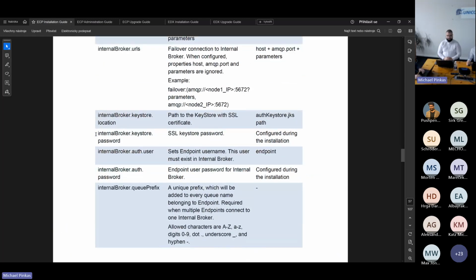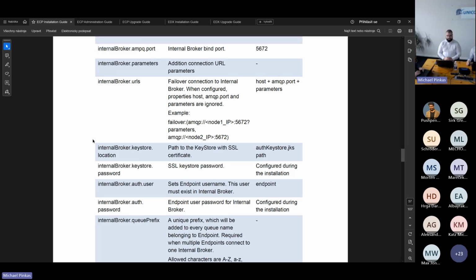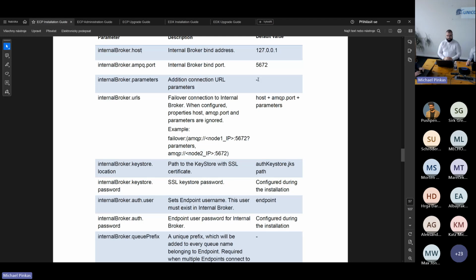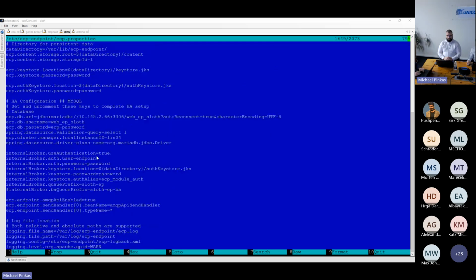They are similar to, or reused from, the properties of the ActiveMQ configuration. However, here you are not setting the properties for the ActiveMQ broker, for the internal broker, but you are setting where to connect, not where the internal broker is running. So if I open it,